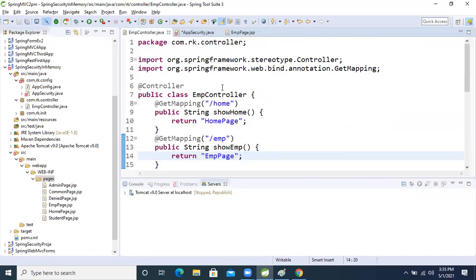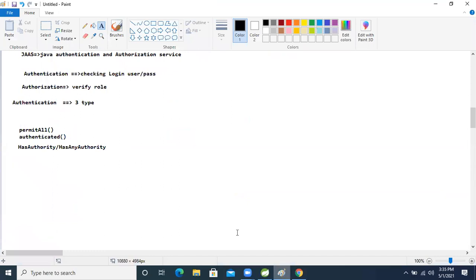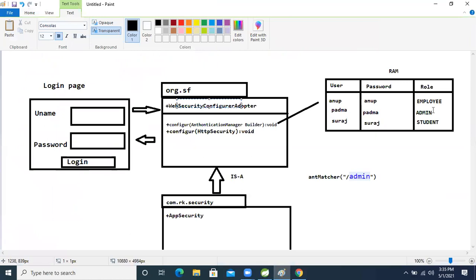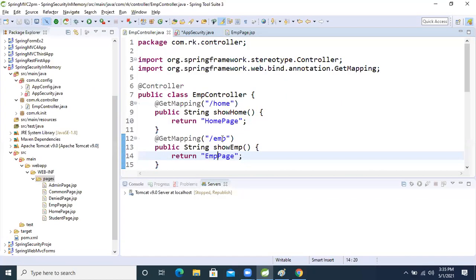Now next, has authority, or has any authority. What will we decide? Admin is there, and employee is there. Copy this one.